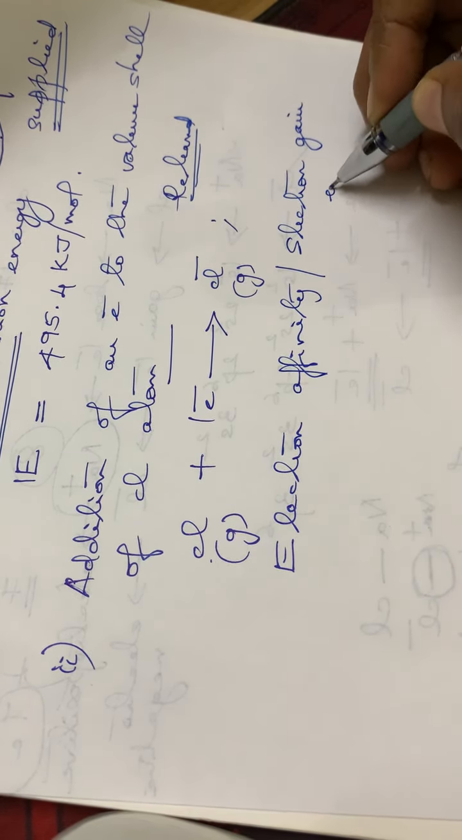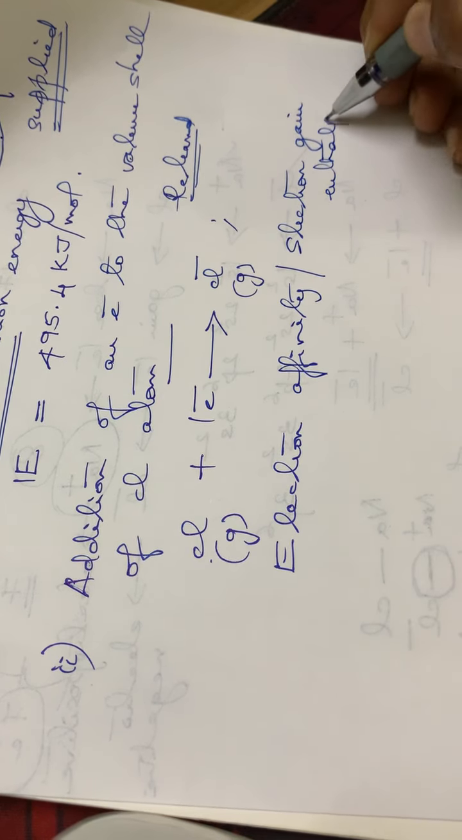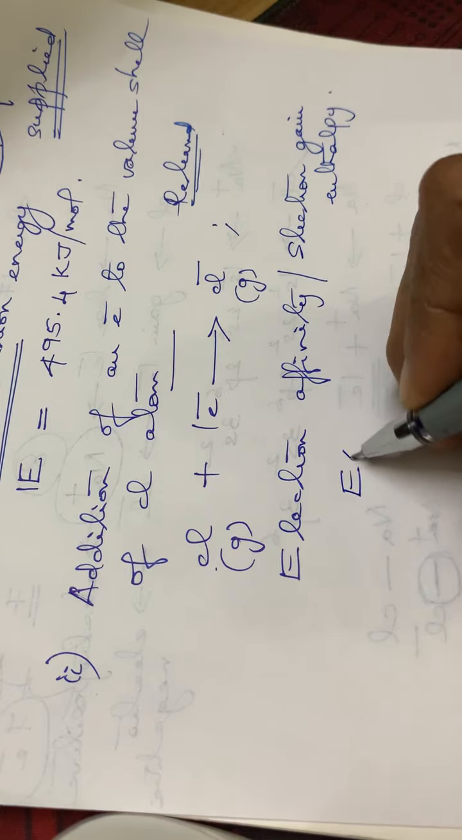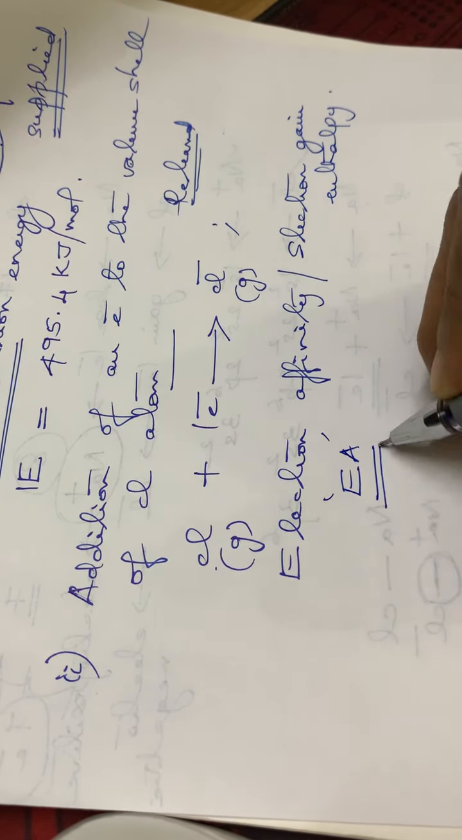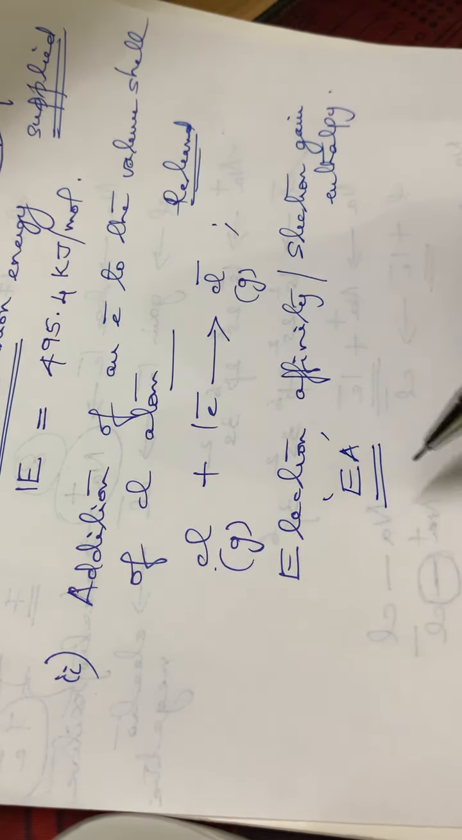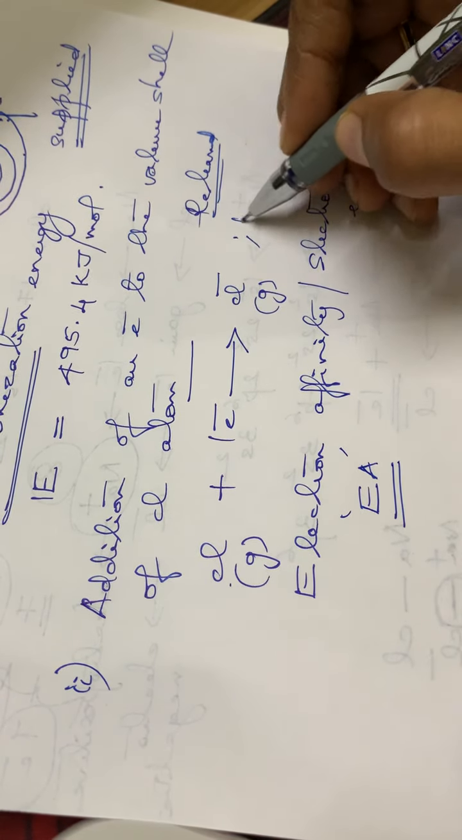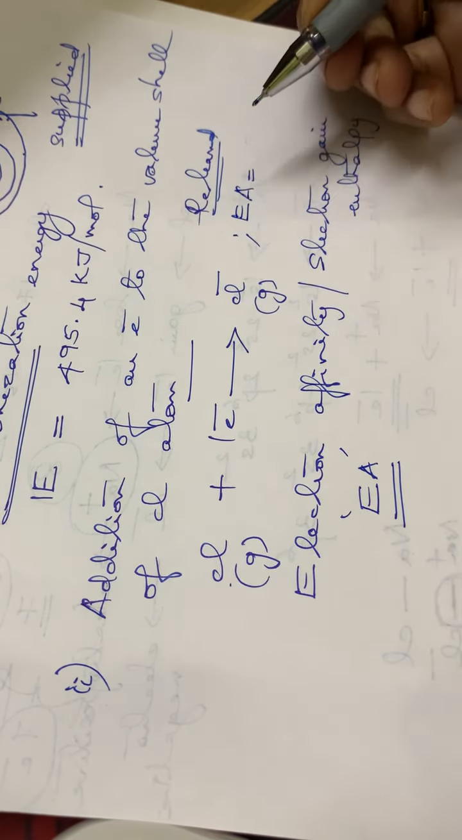It is the electron gain enthalpy. Okay. So this is the electron affinity or electron gain enthalpy. Shortly we are writing it as EA. Okay. So ionization energy, then electron affinity. So here for the addition of one electron to chlorine atom, the electron affinity or the amount of energy released